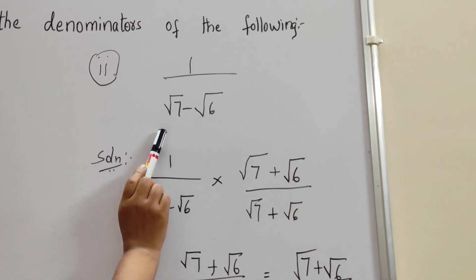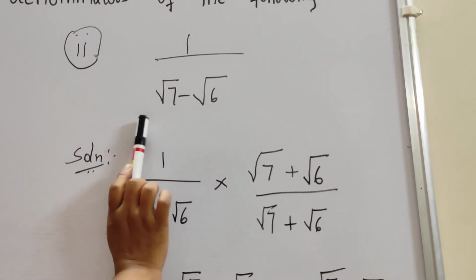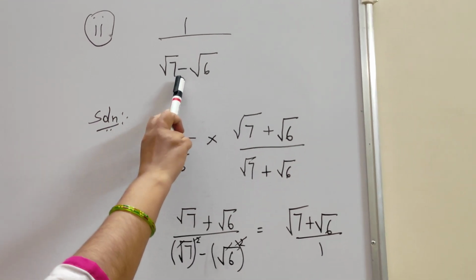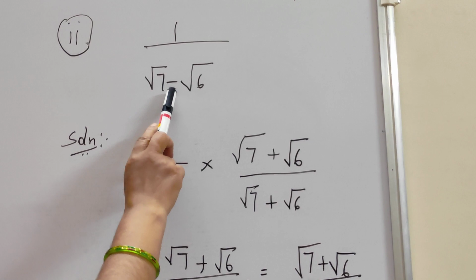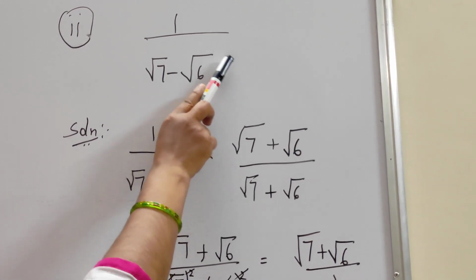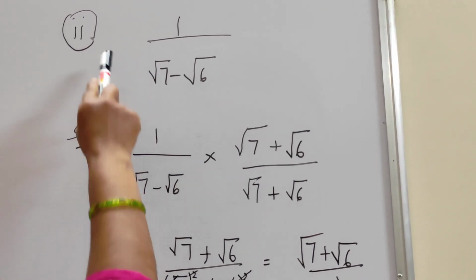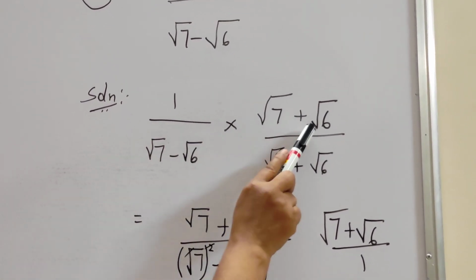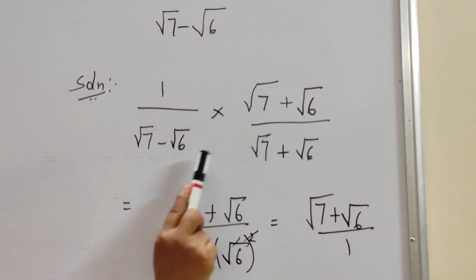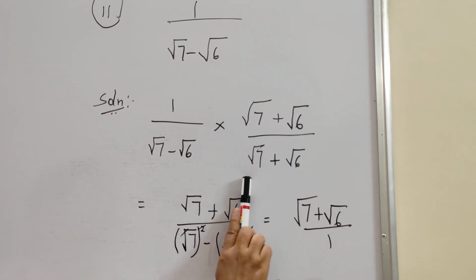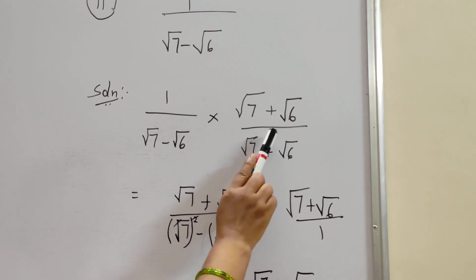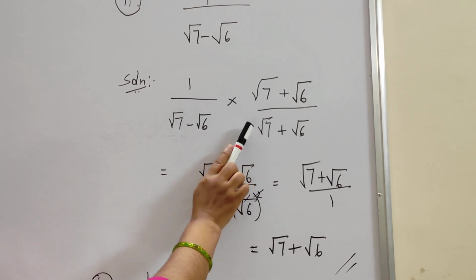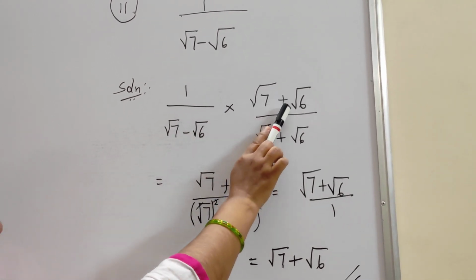Whenever you have two irrational numbers in the denominator with any sign given, plus or minus. Now we have minus sign here. So in that case, how you rationalize the denominator is, take the opposite sign of that. Now I have minus sign, so opposite of that is plus. The numbers will be same. Root 7 plus root 6 by root 7 plus root 6. This is the first step you have to take. Whenever you see any fraction, rationalize the denominator means immediately you have to take the opposite sign of that.